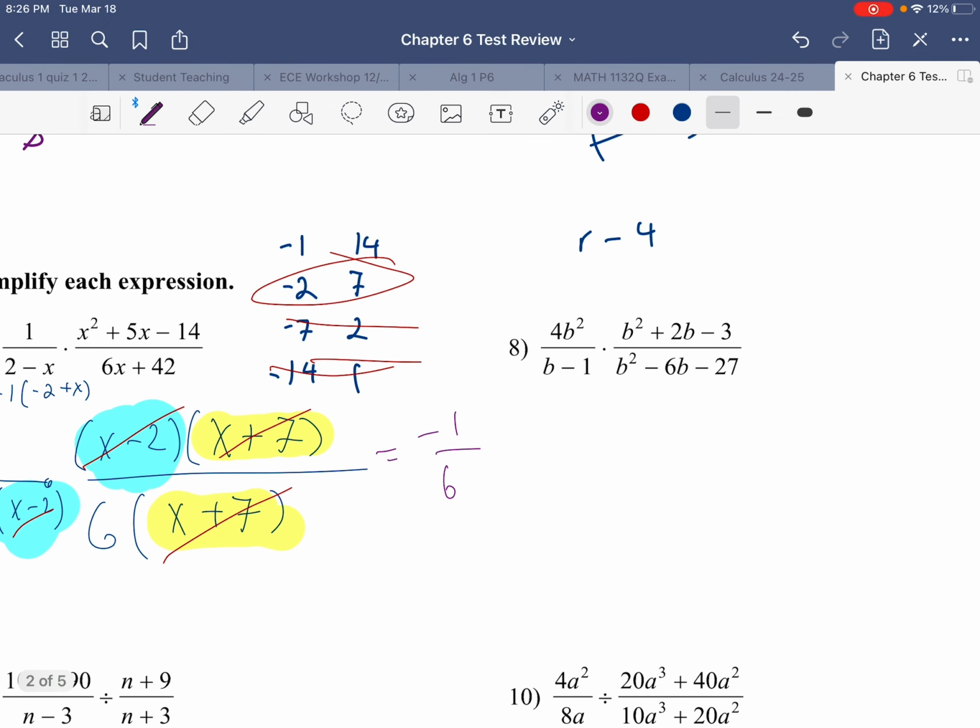All right, at number 7, I got 4b squared times b squared plus 2b minus 3 over b squared minus 6b minus 27. All right, in the numerator, 4b squared over b minus 1. Two numbers that multiply to negative 3 that combine to a positive 2. That'd be b plus 3 times b minus 1 over